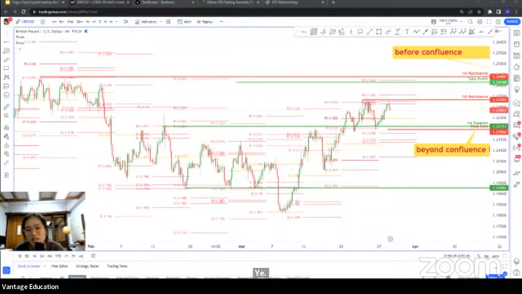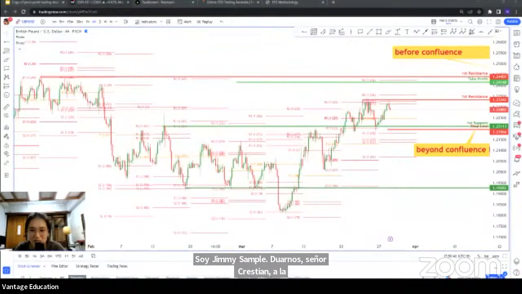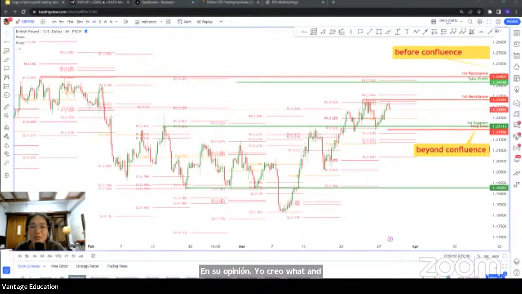Find out that nothing is lining up at your 15 minute, but you want to enter. Sorry, give me some time to understand your question. Lining up at a higher time frame, but you want to enter at a lower time frame. Enter at 15 minutes. You could, but then you would just have to wait a longer period for your trade